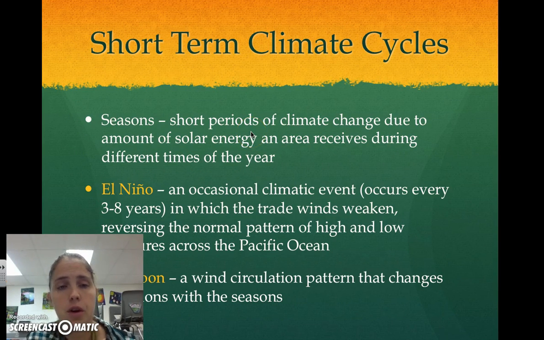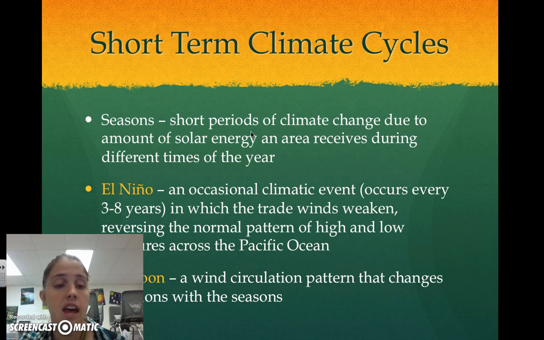Short-term climate cycles. Outside of the long-term ones where we go between interglacials and ice ages, we cycle every single year. We have seasons, right? We have short periods of climate change because of the amount of solar intensity that an area is receiving. We talked about this when we talked about the reasons for the seasons. So if you have high intensity light coming in, that means it's summer, right? If we have low intensity light, that means it's winter. Because of that, different times of year have different seasons,